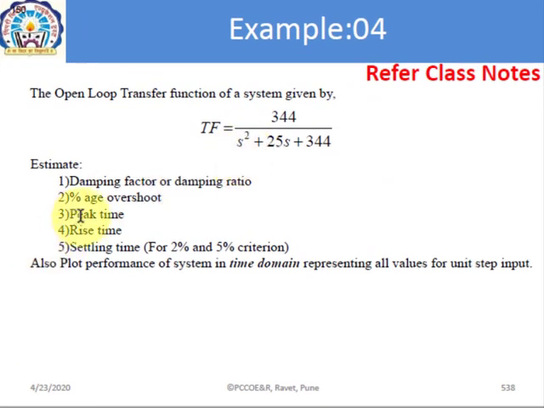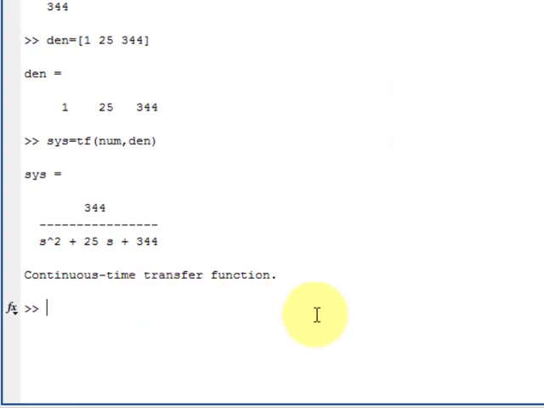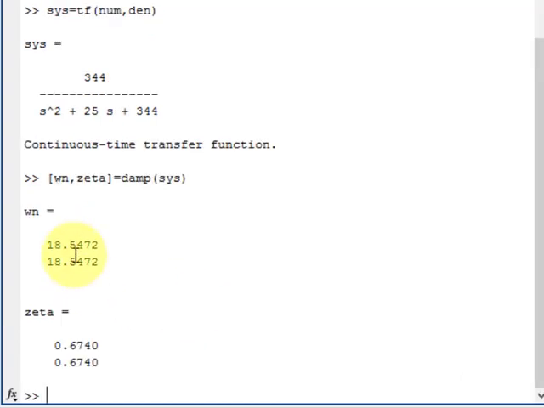Now, having the transfer function, we will determine the damping factor, as well as one more parameter that is required, the natural frequency. To get the percentage of overshoot, peak time, rise time, settling time, we require two important parameters. First is the damping factor and the second is the natural frequency. So we'll get both these values by using MATLAB, with the command damp sys. You'll get the natural frequency for root number 1 and root number 2, because it is a quadratic equation, it has 2 roots. Since it is not asked in this numerical, we are not going to determine the poles or zeros of this transfer function. We'll just focus on the required parameters.